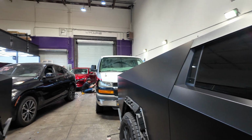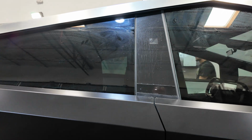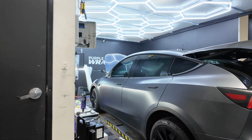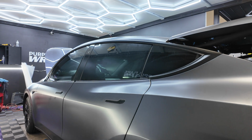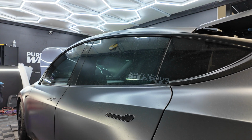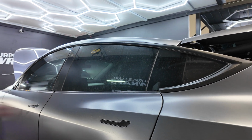It's the 2 trucks we have here. I guess we have 4 inside. We have a couple more outside. I'll show you guys one that's completed. But before that, I'd like to show you this Tesla Model Y in a full body paint protection film. We're doing Stealth PPF from XPEL. This car is dirty. We're also doing this, so the PPF has been installed, and now we're doing a full